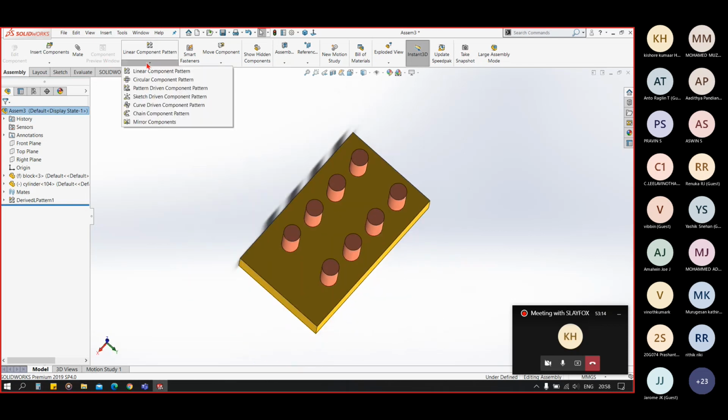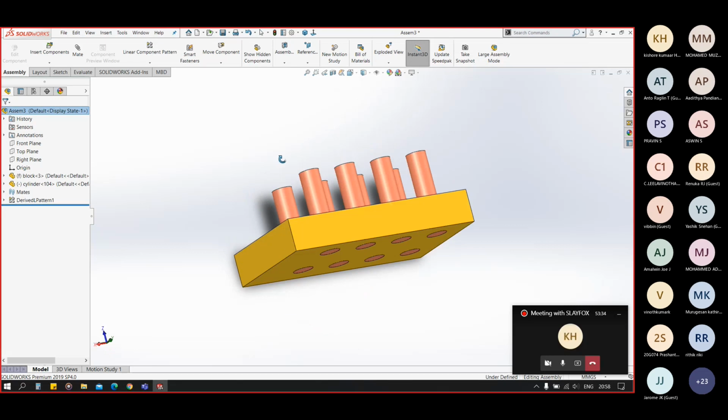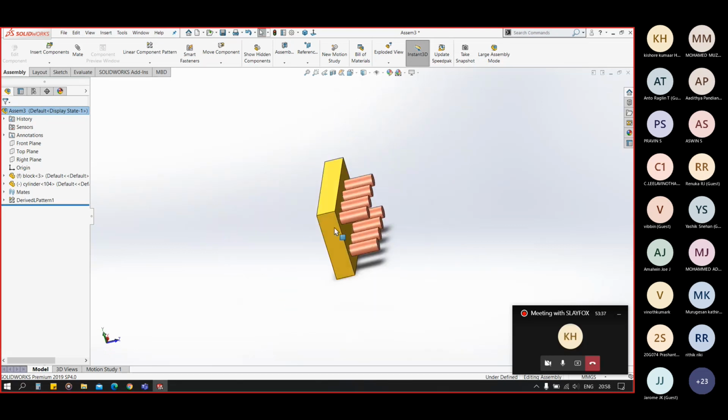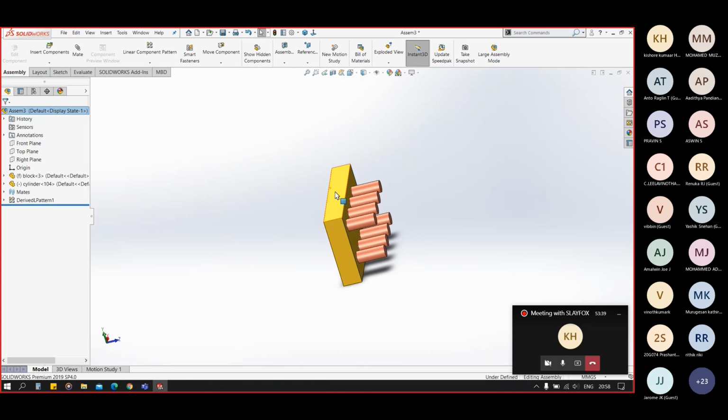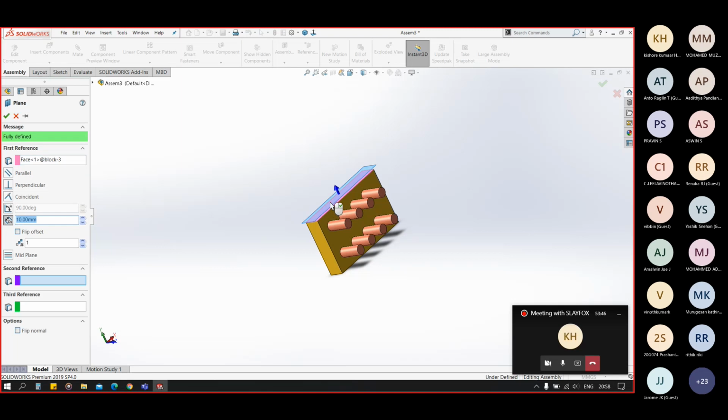Now we will see the mirror components here. Let me add a reference plane for the mirror here.